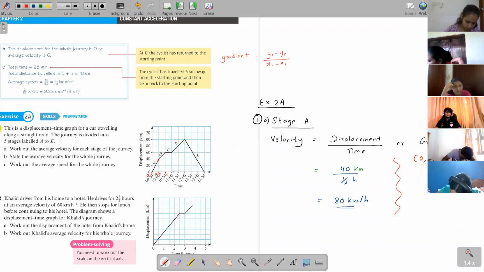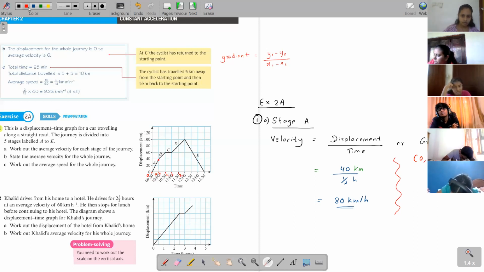10:30 here means time is 1. This is 1 and a half, 11. At 11:30 time is 2. Do you get what I'm trying to say here? Though they mention 9:30 here, when we are taking the time axis, this is 0. At 10 o'clock, 9:30 to 10 means it's half an hour, so 0.5. Now at 10:30 it's 1 hour. So from 0 to the other part, the coordinates are 0, 0.